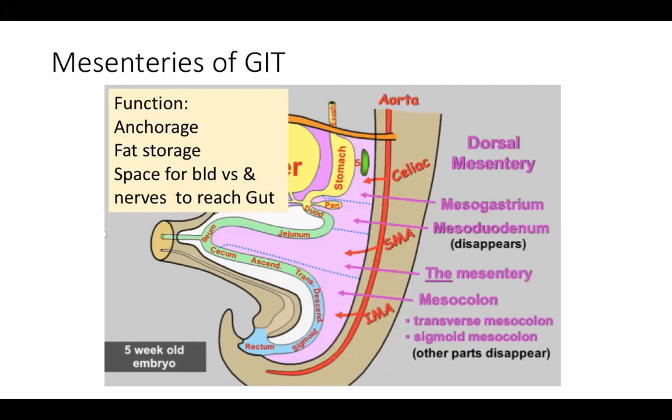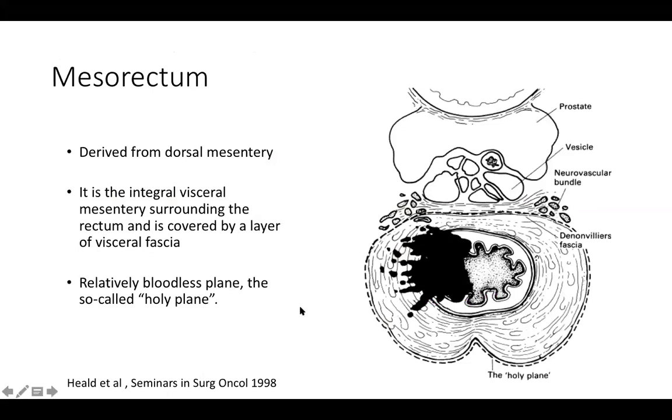So this is important. That is why the mesorectum is such an important entity when we are trying to study the rectum and its drainage patterns. How do we understand the mesorectum, because as such there is no anatomical entity mentioned in textbooks. This is more of a surgical and a radiological entity which has come into being and is now of considerable relevance. So the mesorectum is derived from the inferior mesentery. So it is a part of that.